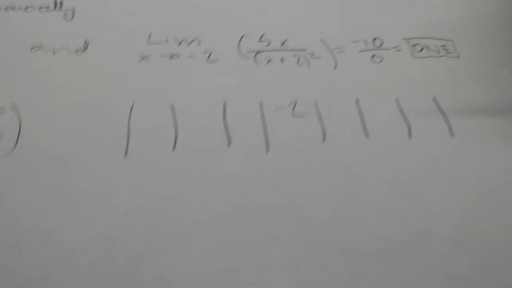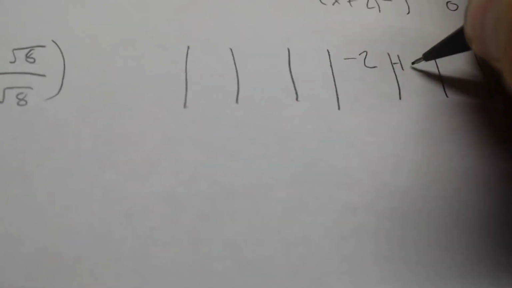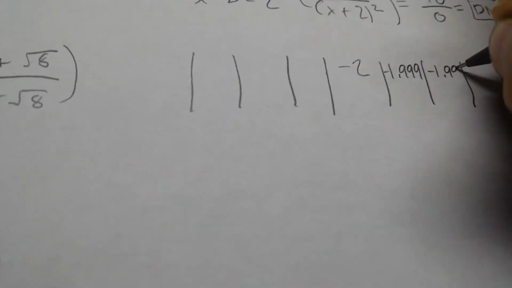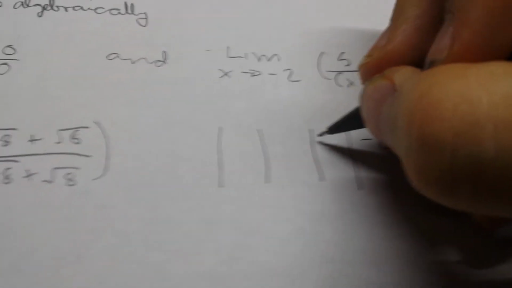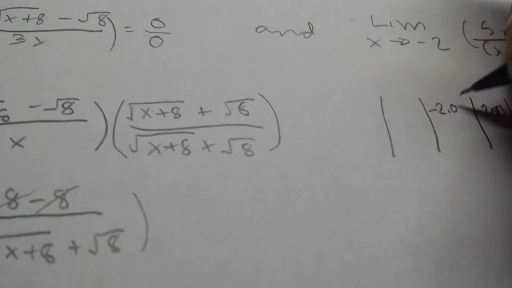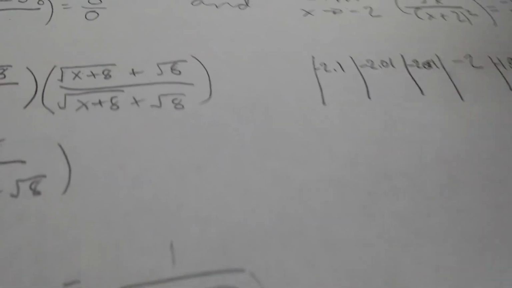I put like 3, and then you replace the values. It will be minus 1.999, minus 1.99 and minus 1.9, and in here you put minus 2.001, minus 2.01, minus 2.1, you replace the values,